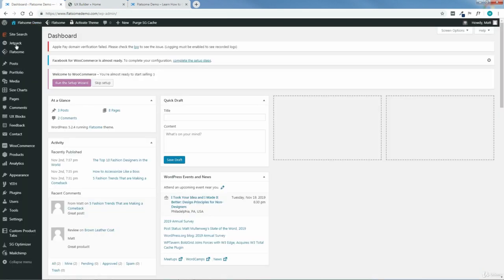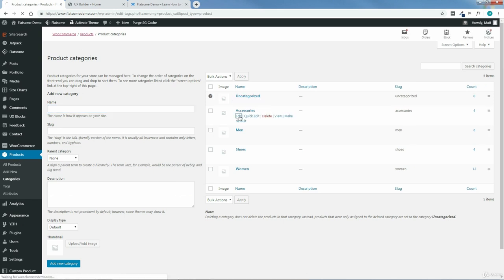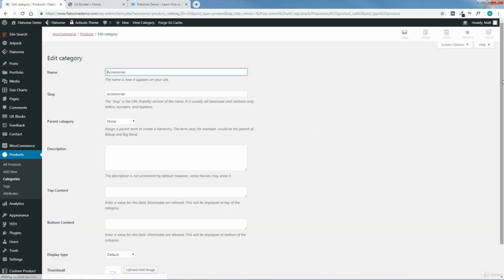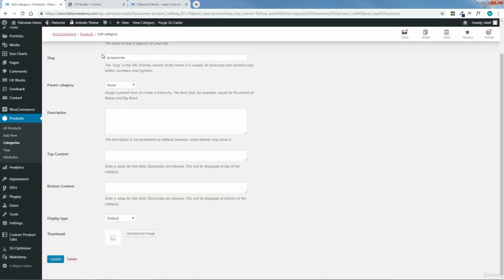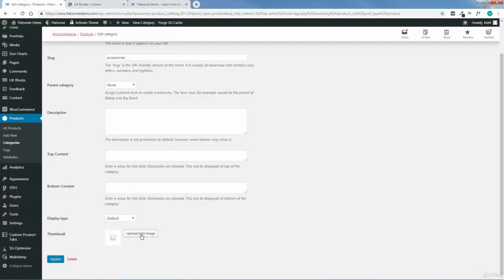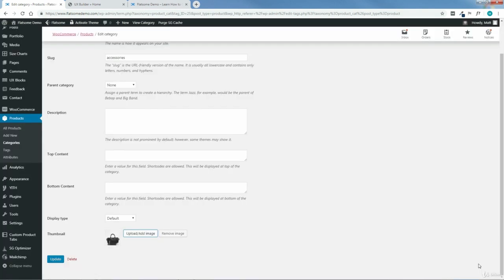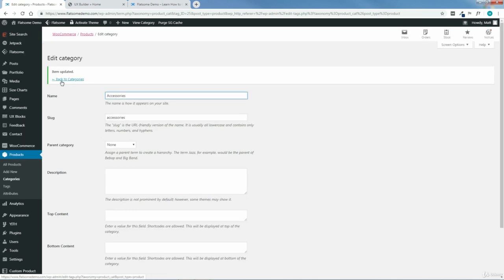So we'll go back to the dashboard. We'll come down to WooCommerce products, and we'll click categories. And this is where you edit your product categories. So we'll come over to accessories, we'll click edit. And we'll come down here, and this is where we add that image so that it shows up here for accessories. So we'll click upload an image, and I'm going to upload this purse here. Click update, back to categories,